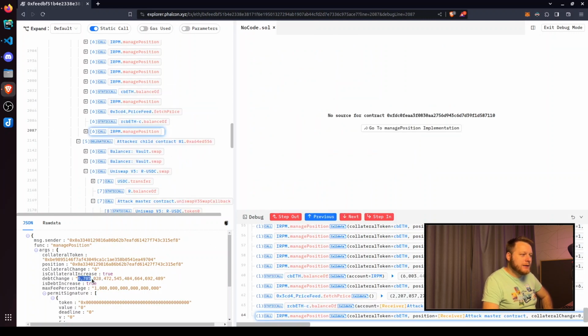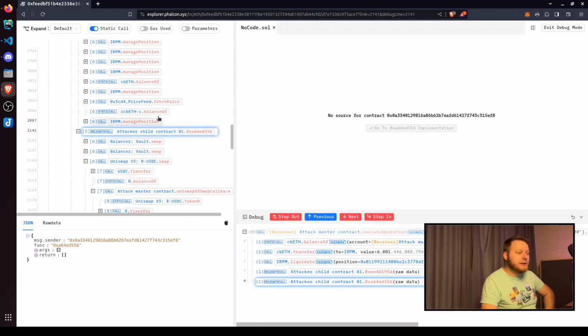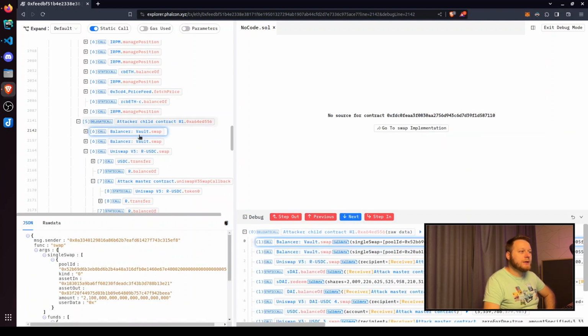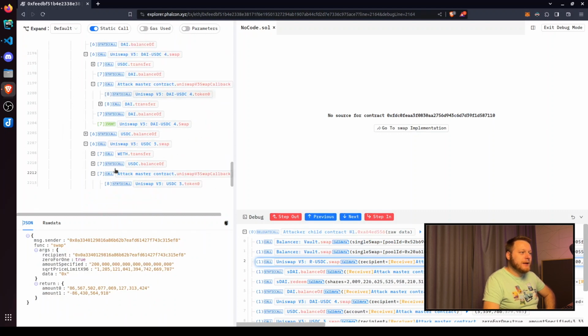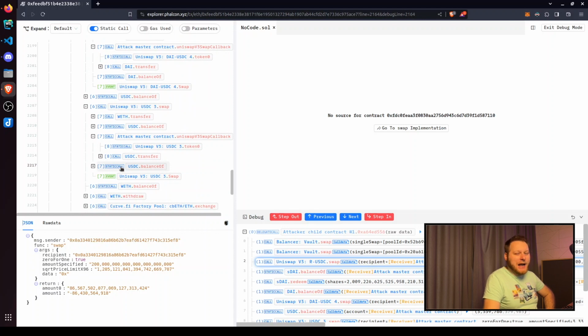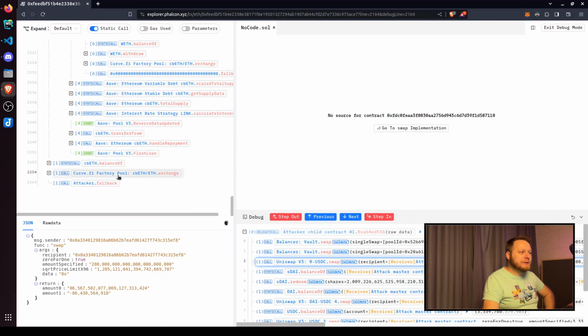And here you can see that he borrows 6.7 million worth of R tokens. And here you have another delegate call in which the attacker swaps the funds in Balancer and swaps them in Uniswap v3. And the story would actually end here, but